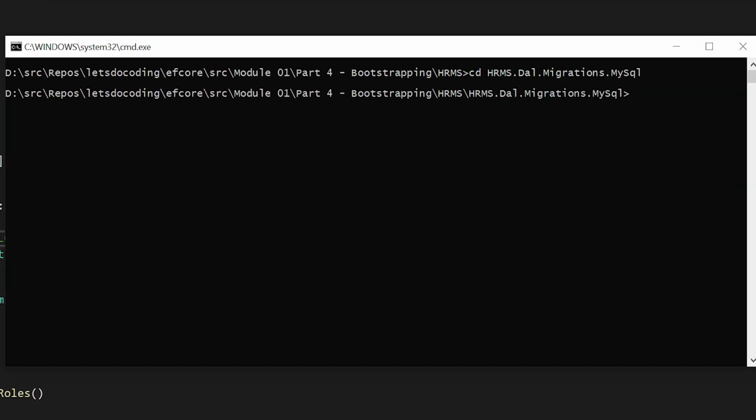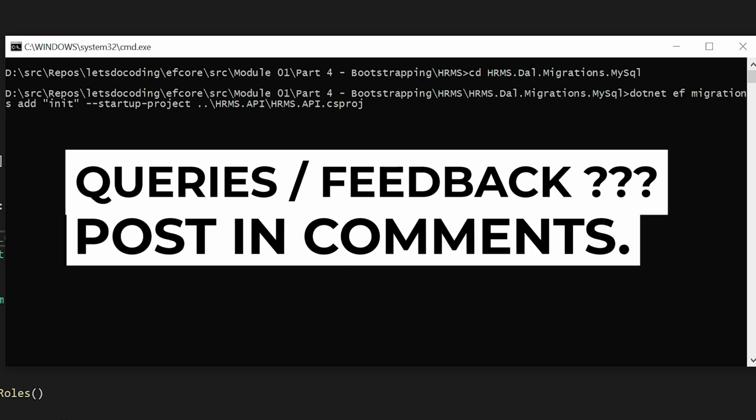And we need to use a command over here, and actually we would need one more package before we actually run this command. Let's just fire it and let me showcase you what errors we get when we run this. Alright, just to quickly break it up, we are using a dotnet EF migrations command, and to run this command you need to have the EF tools installed in your system, and that's a separate step. You can Google it. In case you face any problem, just let me know in the comment section. I will try to help you out.